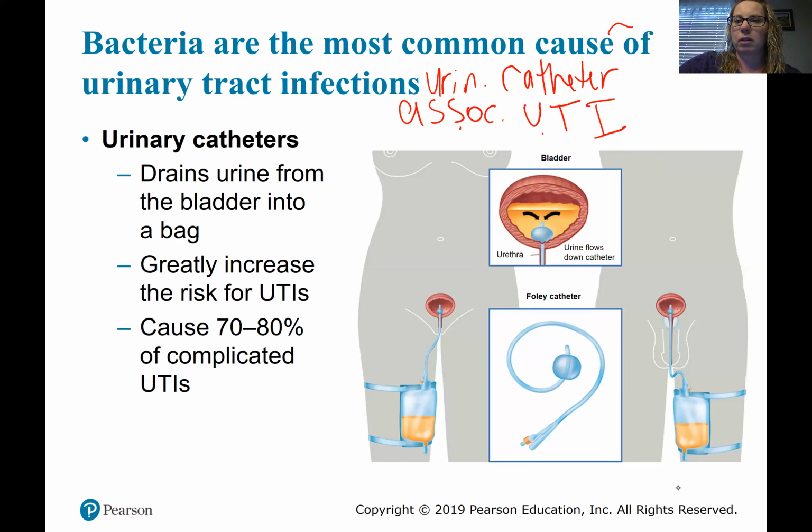Okay, let me get this out of the way. They are the cause of about 1 million cases of urinary tract infections per year. Catheter-associated UTIs are the most common healthcare acquired infection